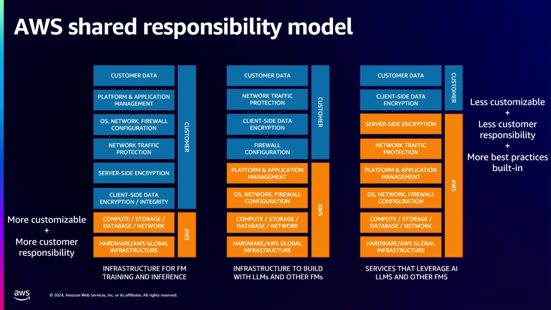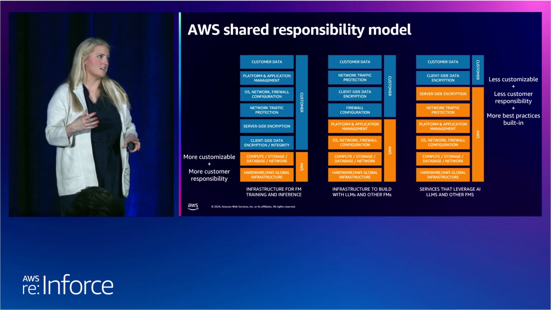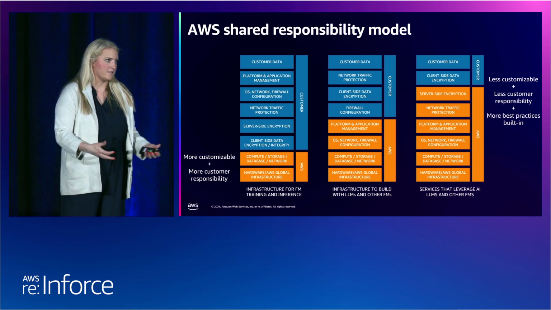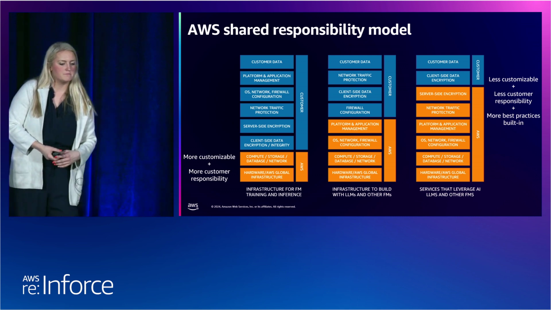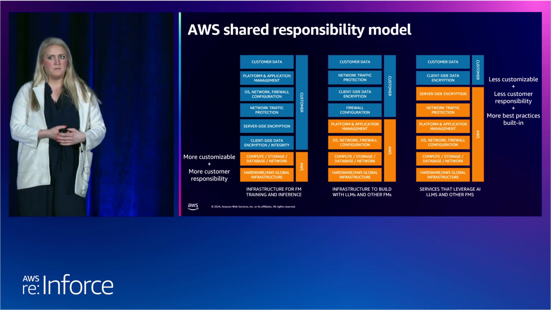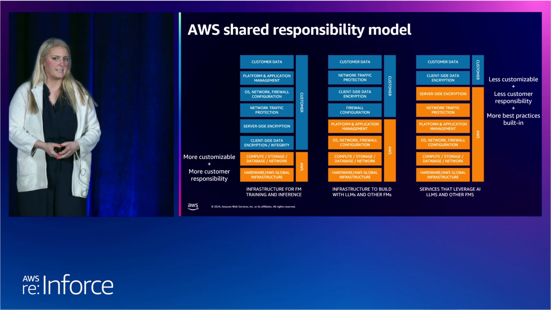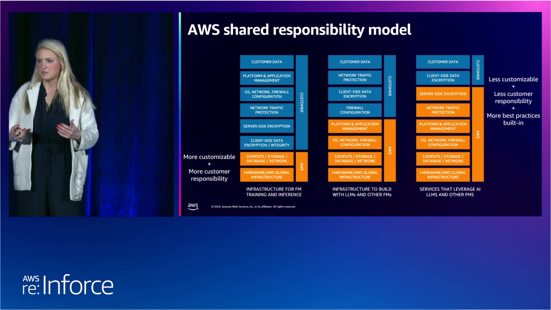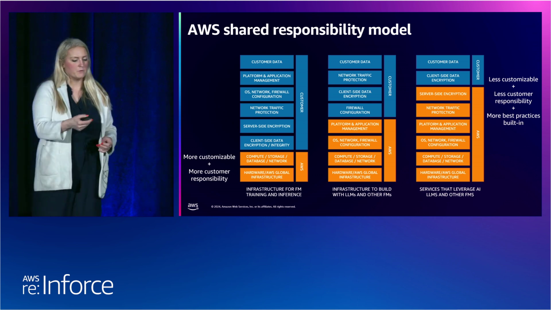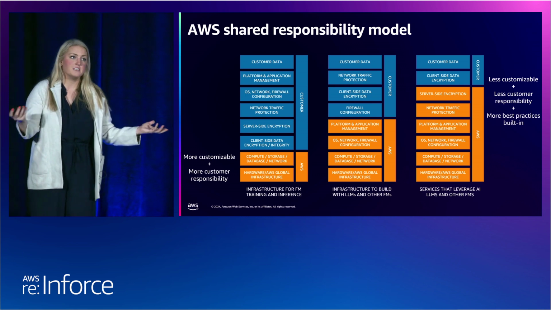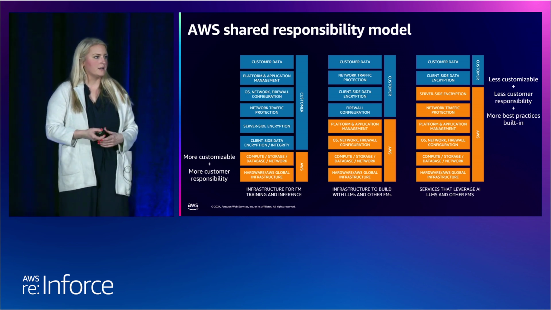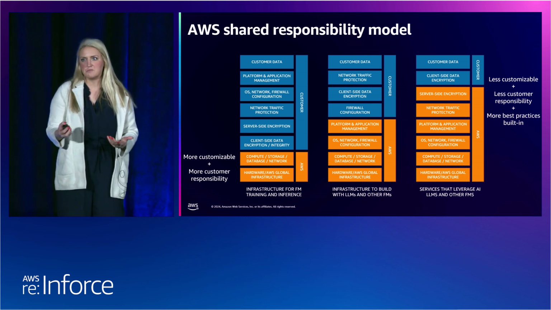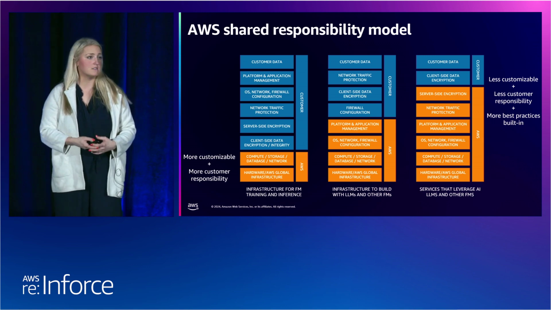What I compare Amazon Q to is something like S3, where you're really abstracted away from things. It's the easiest as a customer from a security perspective, I would say. It's not as customizable, but there is a lot of advantage when it comes to customer responsibility. You have more things built in for you. But again, for the sake of today, we're going to mainly focus on the middle one, because that's where we see the most adoption from a customer perspective, and hopefully that's the most relevant.